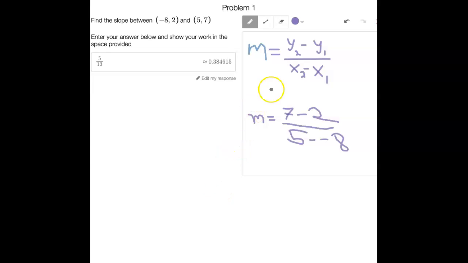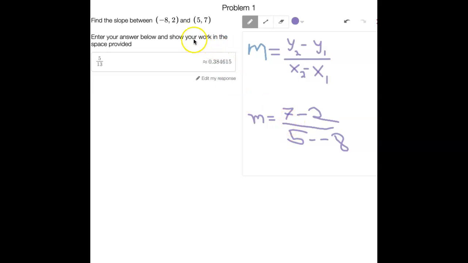Hey guys, I went ahead and answered these DESMOS problems, so I'm just going to run them down real quick. Finding the slope between two points. If it's just given to you as ordered pairs, normally you just want to use the slope formula. It's true that you could graph the points and count the rise and count the run, but however,